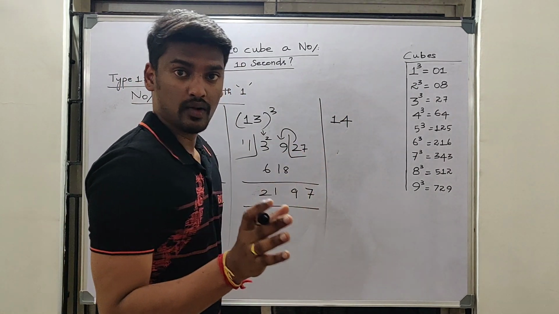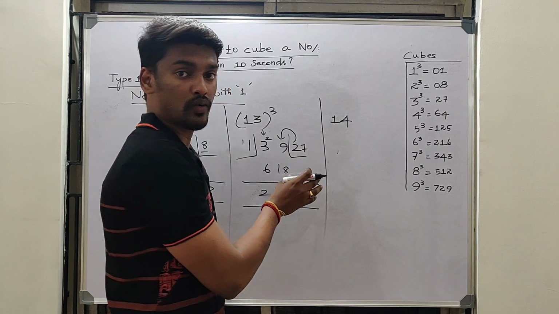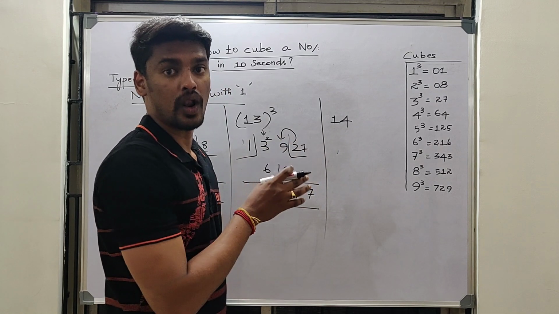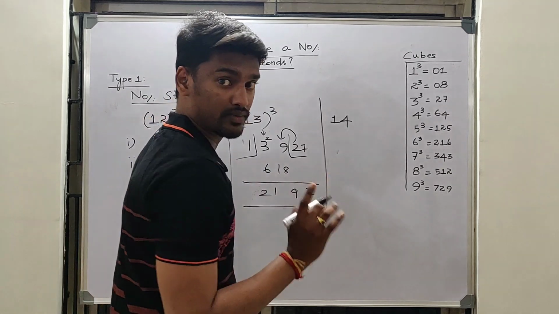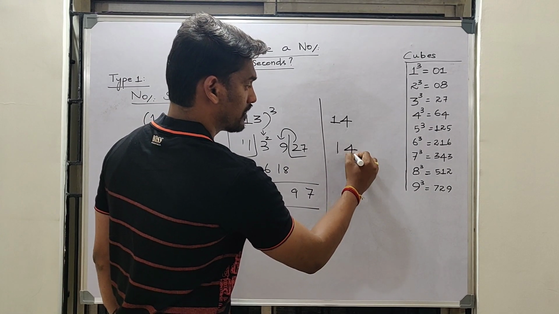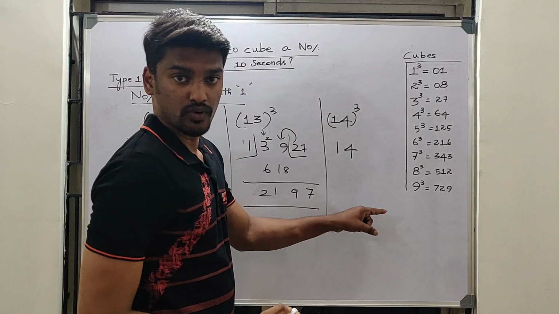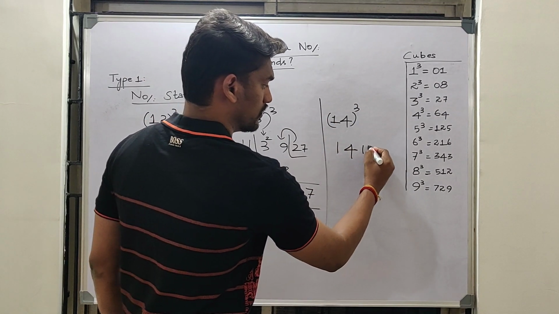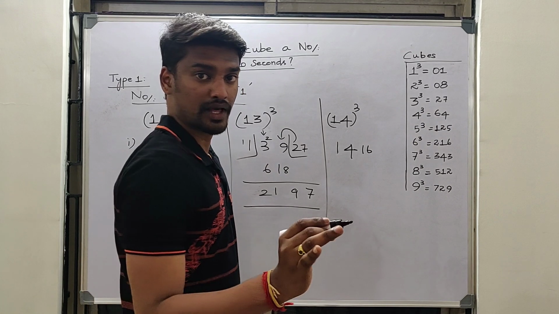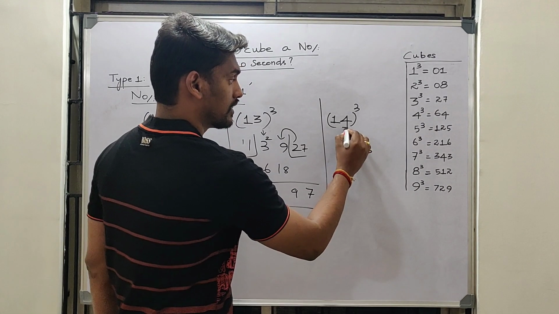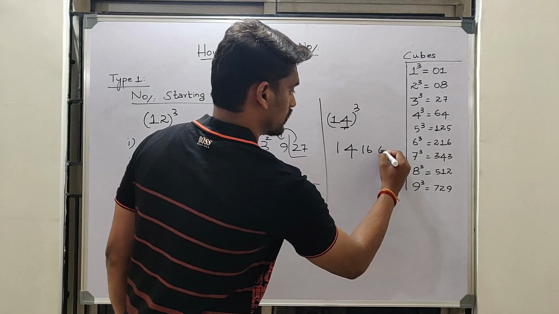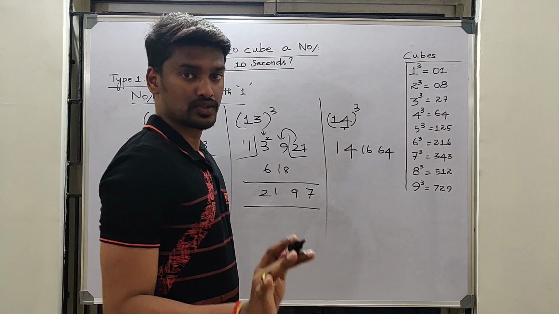Okay. So if you people are watching this video, once I am solving it, you just try to do along with me. Okay. So what we have to do in first step, we have to write 14, which is the number as it is. So this is a cube. So in third place, what we have to do, we have to square the number, which is 16. In fourth place, we have to square the number, which number? The second number. Okay. So 64. So step 1 is done.